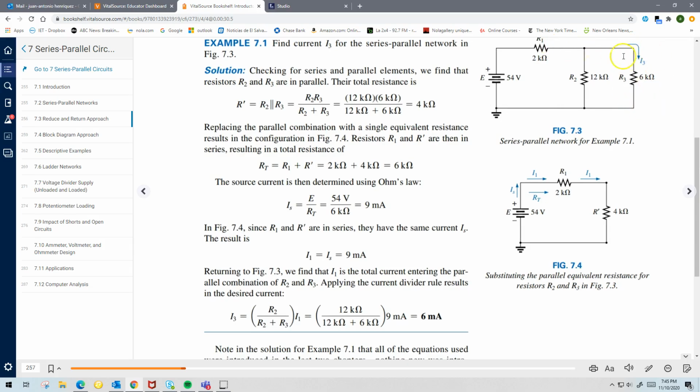So if you use current division, then this current I3